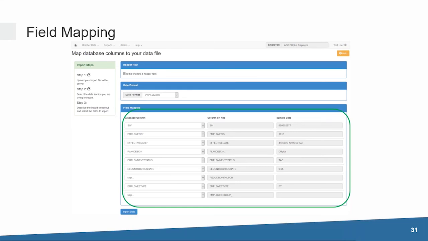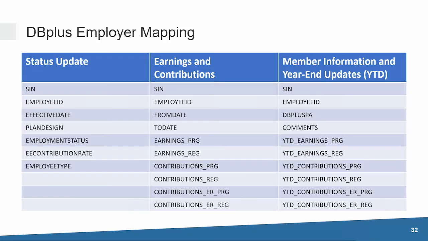If there are fields that you do not need to load from your payroll file, you can select Skip, and the DCT will not import them. As a reminder, to ensure the right data is loaded to the correct data fields in DCT, it is very important that the correct data import file is selected. To assist you, these are the fields that will be applicable to you when mapping your import files. Please feel free to print the slide and use it when working on the DCT.